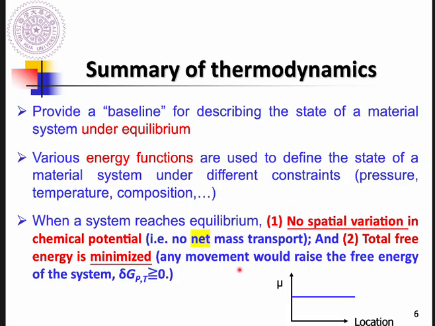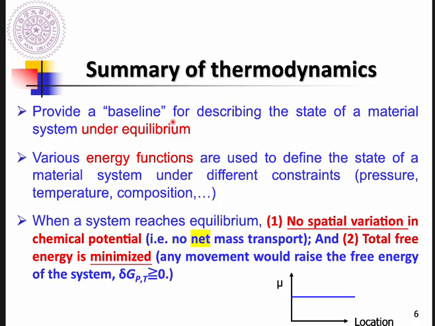In other words, any movement will raise the free energy of the system. So don't forget, in thermodynamics, the total system always prefers to be minimized, at any time and under any conditions. So this is a summary for